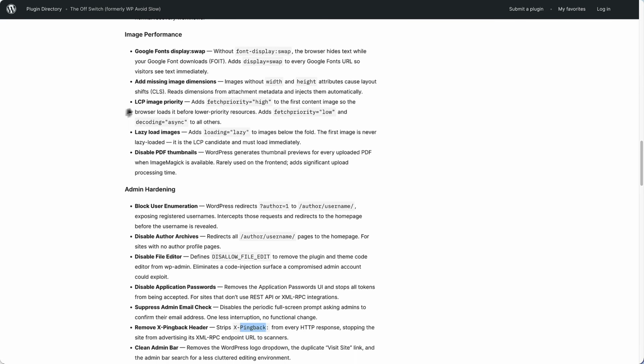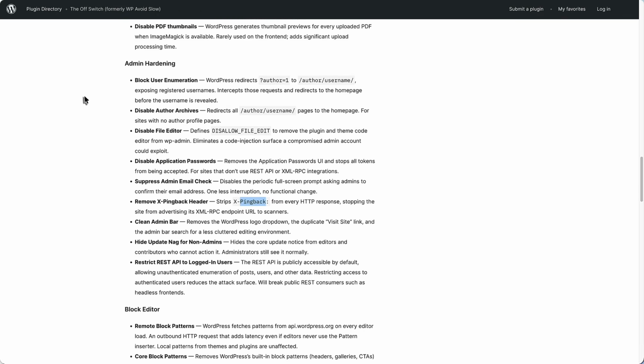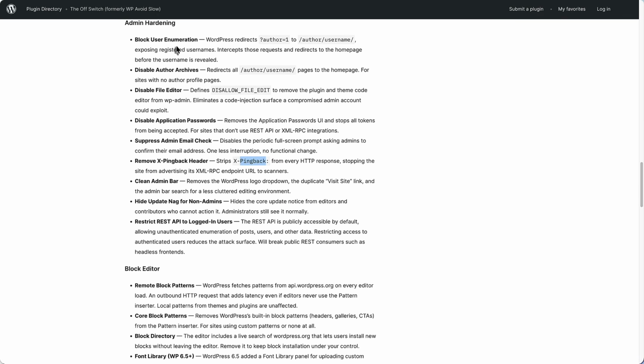We have add missing image dimensions. You have add fetch priority high to the first image, so your featured image, to cut down on some of the largest contentful paint slowdown in loading pages, lazy load images, disable PDF thumbnails, hardening: block user enumeration, disable